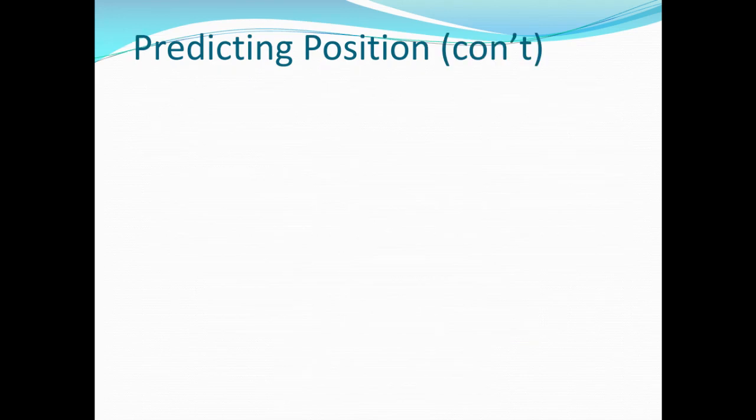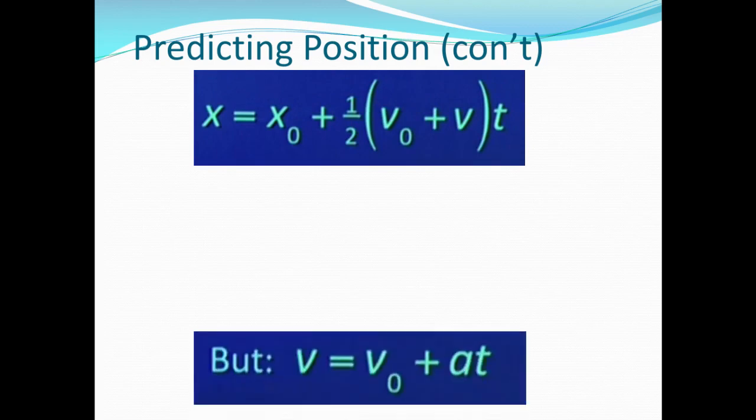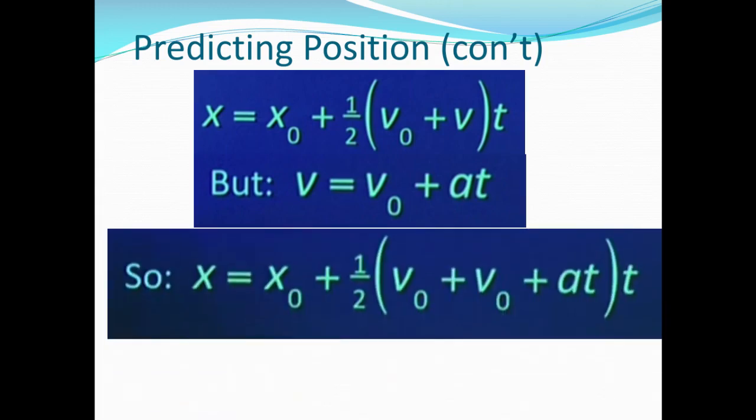And continuing on with this idea, we also have a relationship for v final. We could substitute that relationship in: v equals v naught plus at. So if we go about this algebraic process here, it starts to look rather complicated. But after the substitution of v naught plus at in for v, if we distribute the 1/2, and we also distribute the t at the end within the parentheses,